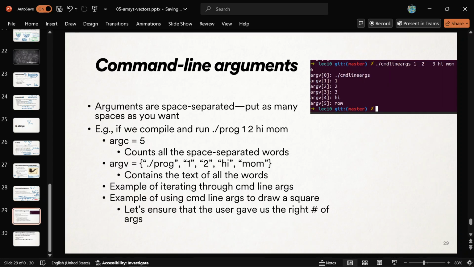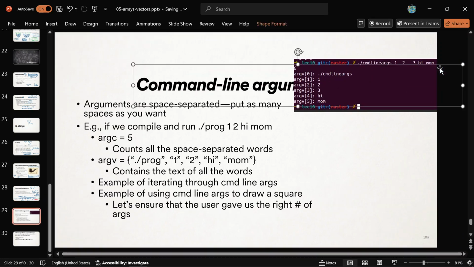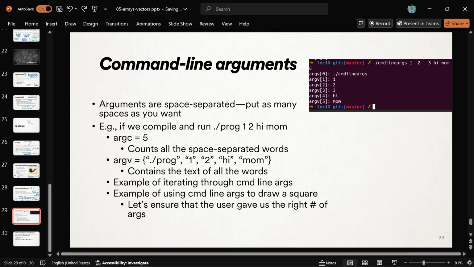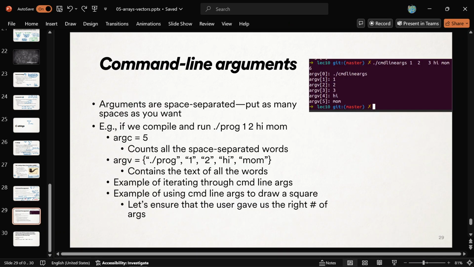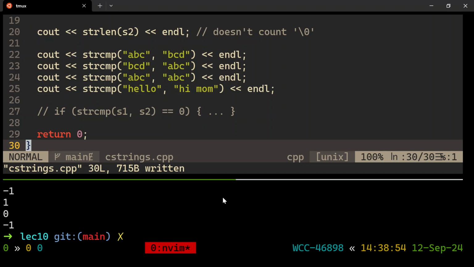I'm going to give you an example right now, though. All right, so let's make a program that kind of works like this. That kind of gets our command line arguments and just prints them right back out so we can see what's going to happen. All right, so first of all, when you hook in to command line arguments like this, let me give you an example of what argc and argv are going to look like. All right, so your arguments, first of all, they're space separated. You can put as many spaces as you want, because remember, like if I did cd